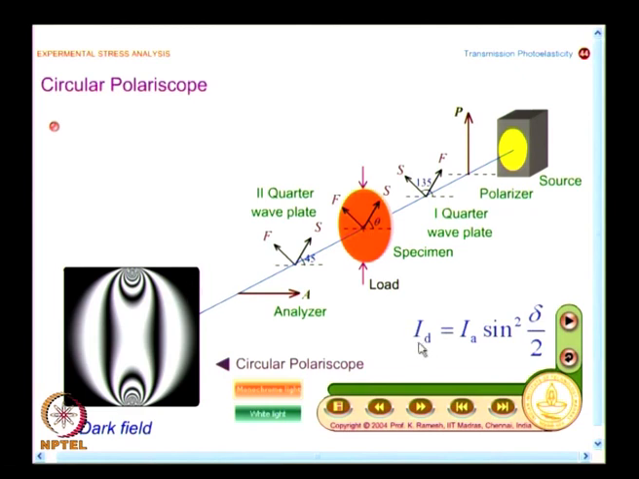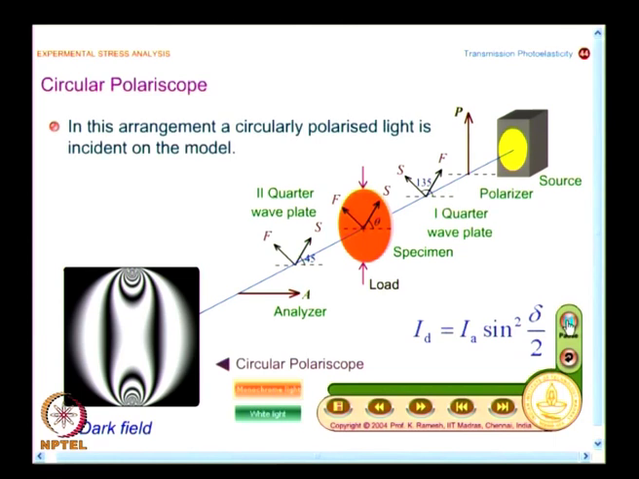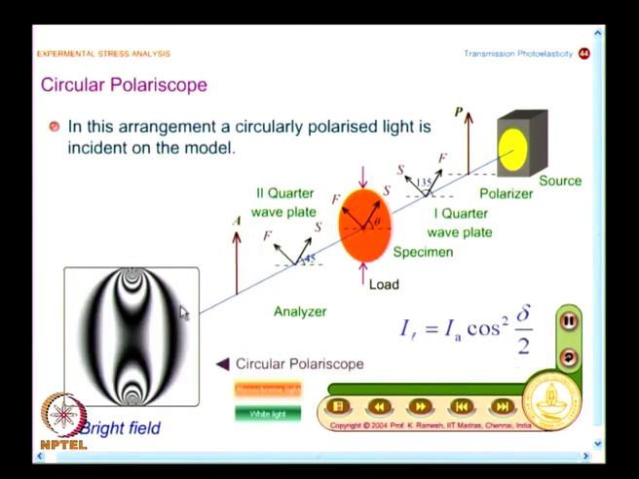Here I have the light intensity transmitted as I_A sin squared delta by 2, and when I keep the analyzer vertical, what do I have? I have a bright field, and this equation also has changed. Now, you know the intensity of light transmitted. So, what I would suggest is to do the analysis of light that passes through the circular polariscope